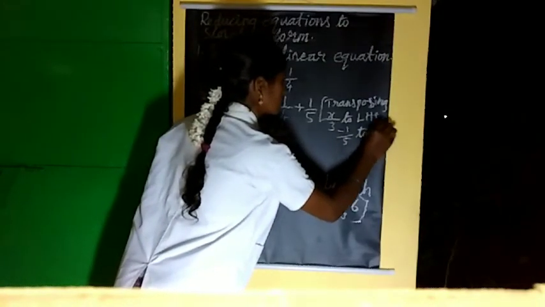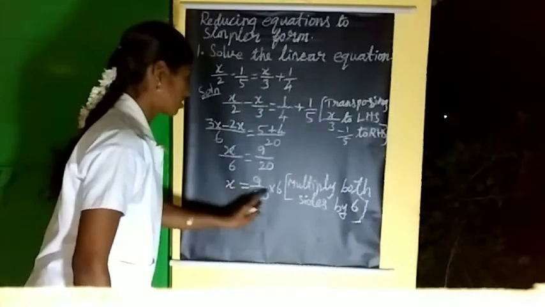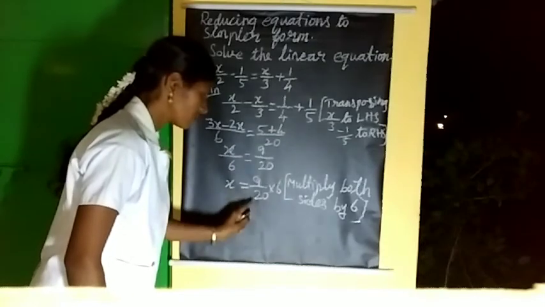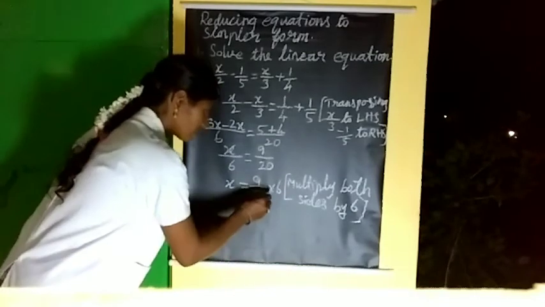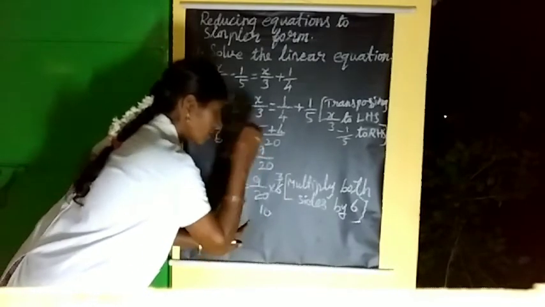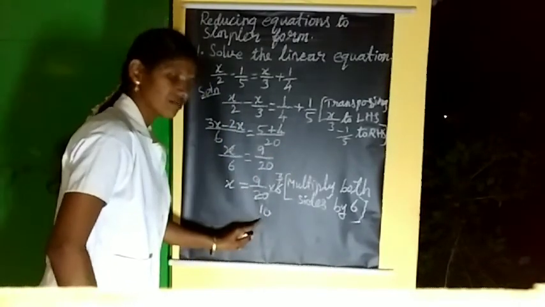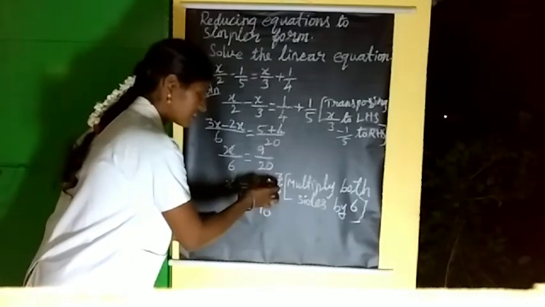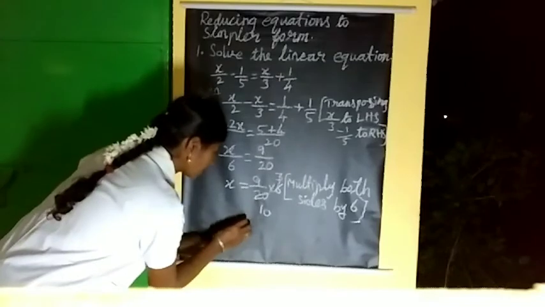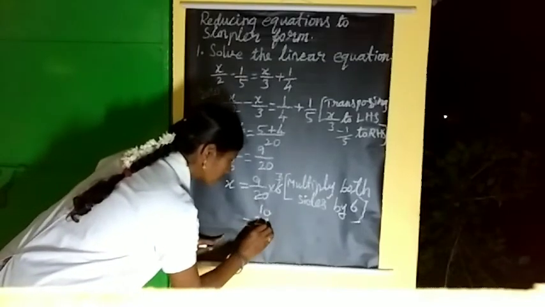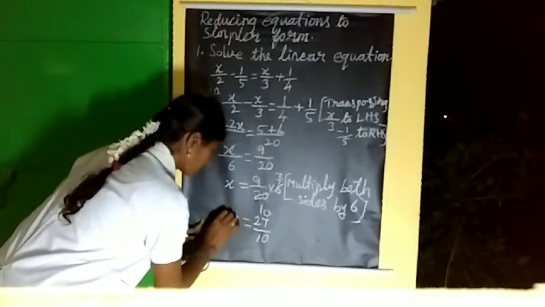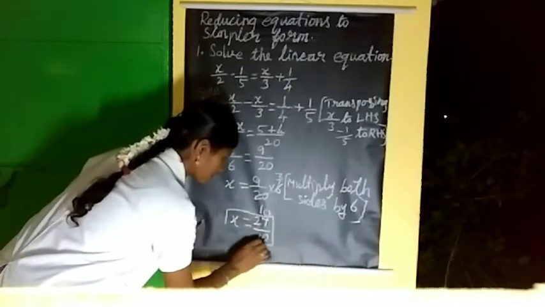Okay. Now, see this, multiply both sides by 6, you can get x here. Here will be 9 by 20 into 6. Now simplify this. 10 2s are 20. 3 2s are 6. So in the denominator we have 10, but in the numerator we have 3. So 9 into 3, 9 3s are 27, divided by 10. This is the x value. So 27 divided by 10.